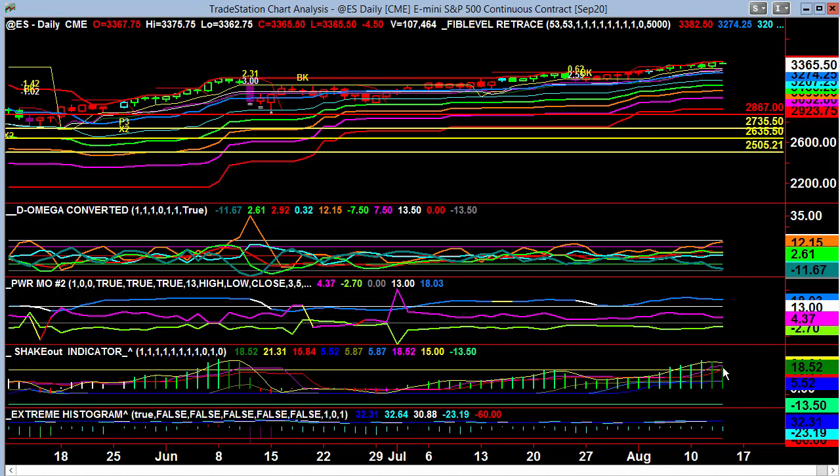But magenta is over the plus 15 as well, so that's also critical from an extreme condition. And as long as it stays above that, usually what we get is any retrace usually is just a reset. But then we look at our Power Mo, and you can see that we've maintained above the 13